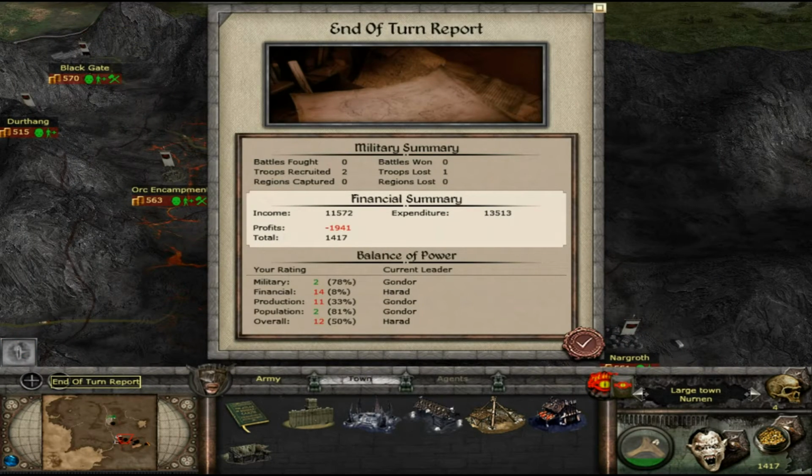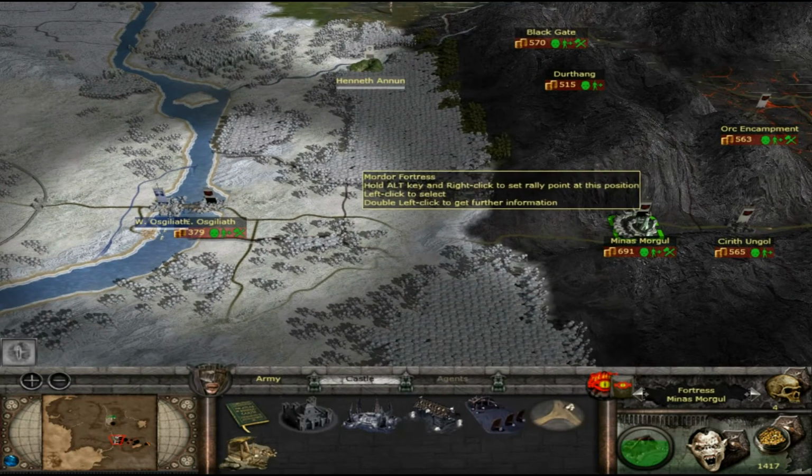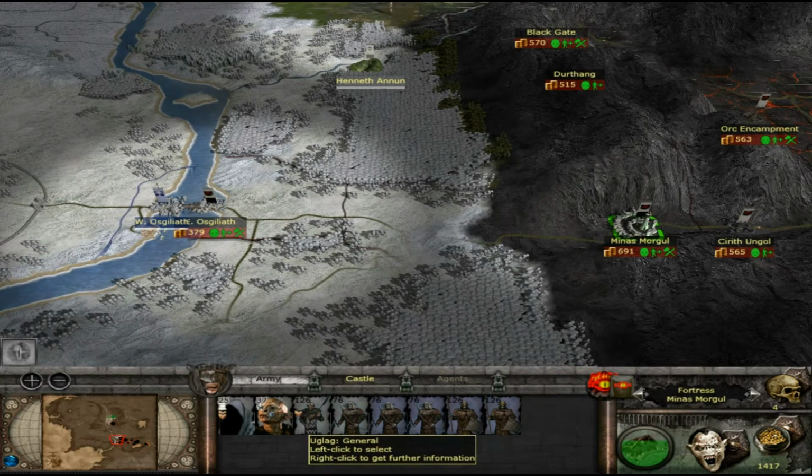We're second in military, which is nice, to Gondor, which is a kind of... Oh, that's not good. That really isn't good. Also, the population. We are second to Gondor, which means we'll be getting that juicy money from taxes. Now, what I'm going to do is take...